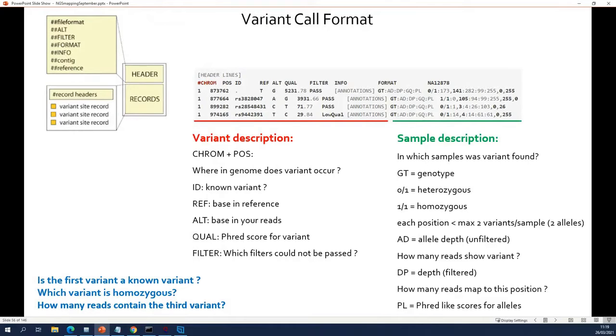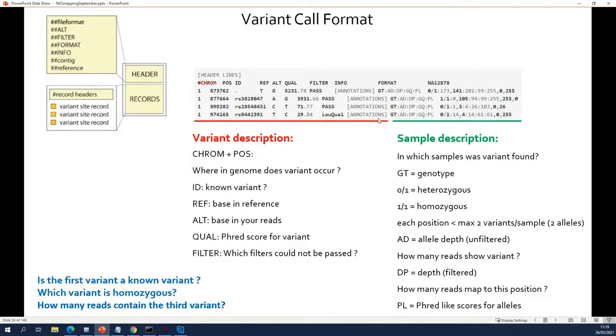So what is this VCF format? For those of you who are going to do variant calling, you will have to know it anyway, because the results of the variant calling will also be VCF files. So known mutations are stored in VCF files, but also your mutations, the ones that are called based on your data, will be in a VCF file. VCF files are again text files, as always, with a specific format.